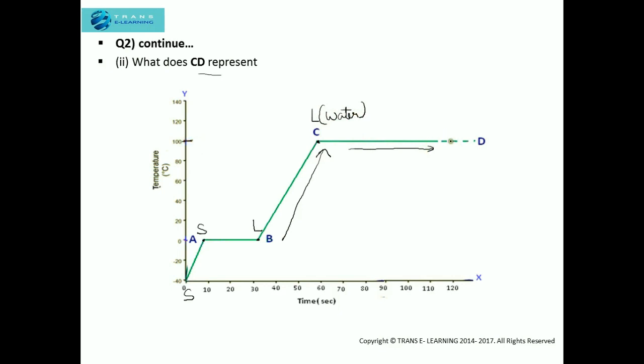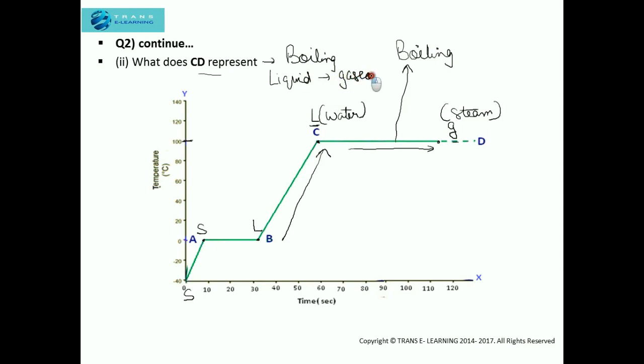So this phase represents the changing of the liquid into the gaseous form. In this case it will be steam. And the process of conversion of liquid to gaseous phase on heating is known as boiling or vaporization. So the CD part represents the process of boiling, that means changing of liquid to a gaseous state. In this case, changing of the water into steam